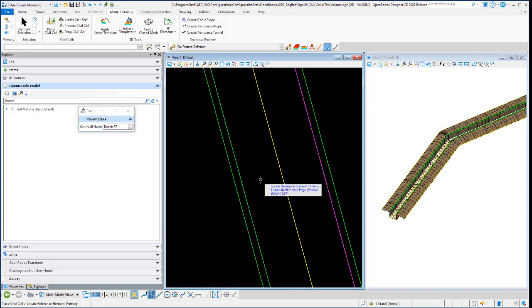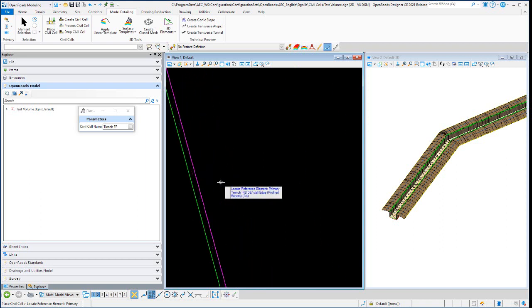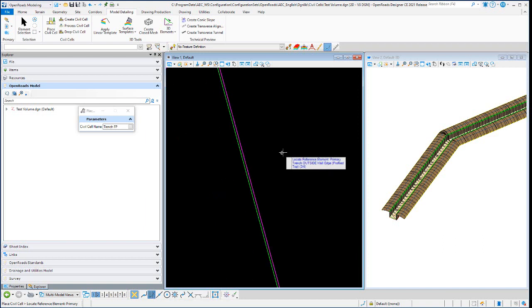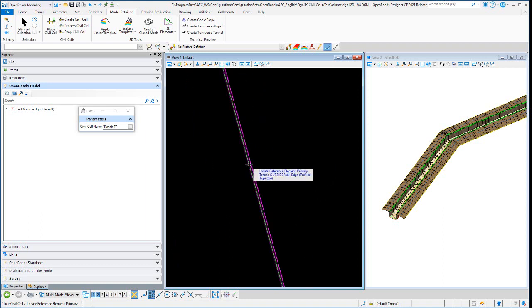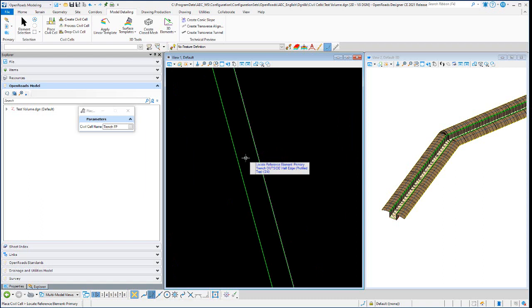Primary trench inside edge or inside wall edge, profile bottom. So that's actually going to be that element there. And then it wants the primary trench outside wall edge, profile top. So that would be that. So that inside green top is never selected as a reference for this cell. We want that. And then we want a data point for the